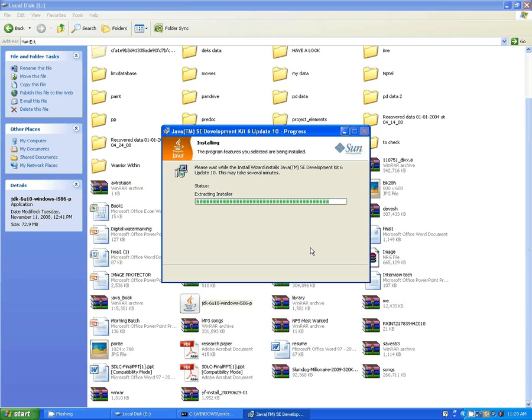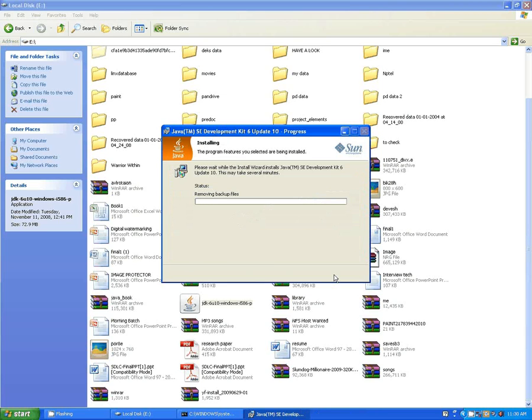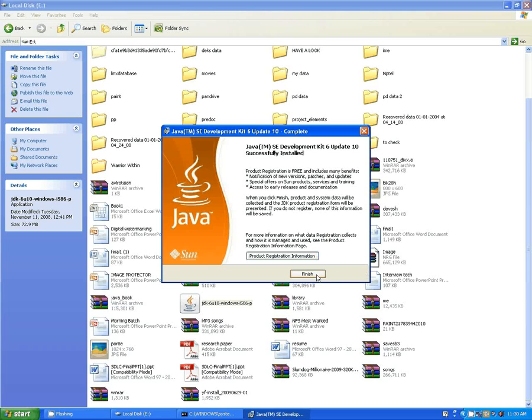After installation, you are going to find a folder in Program Files that is JDK, the Java Development Kit, and the Java Runtime Environment. The Java Development Kit basically provides you the libraries and all those things in order to write the program in that language. And after that you require an environment in which it is going to run. So that is the JVM. That JVM is implemented in the Java Runtime Environment. Now we finish up with our setup.